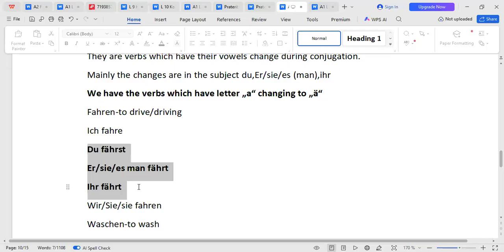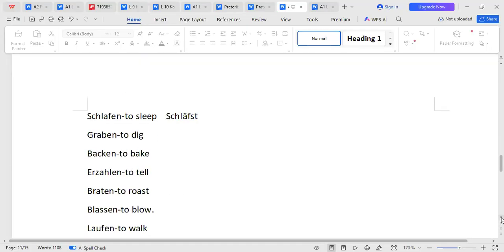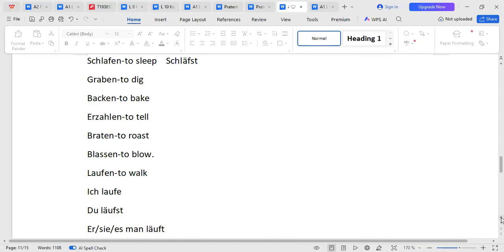You learn more and more when you start your German sessions, and you'll find many interesting ones. And many of them you will know the more you read. German students, you might be having a class, but the class will take maybe 1 hour, 30 minutes. So you have to do more and more as a student. The more you do, the more you get them. We have verbs which have letter A changing to A umlaut. There are very many. Those ones, you can screenshot and try them.